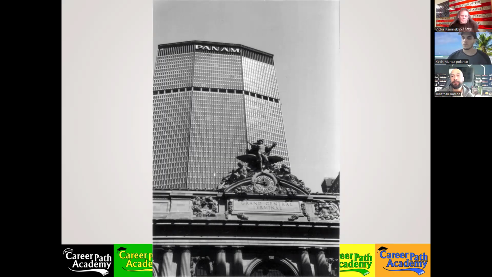Nah. Pan Am being the largest airline in the world at the time, they actually built a helipad on the roof so that helicopters can take off and land from the roof there. And then you could get down on the elevator, take it down to the basement, and then hop on a train or go to the street level and hail a taxi cab. It's hell getting in and out of the city. So people can take the helicopters coming in to New York and land on the roof and then go down to the street level, hail a taxi cab, or get on a subway or a train there, right?